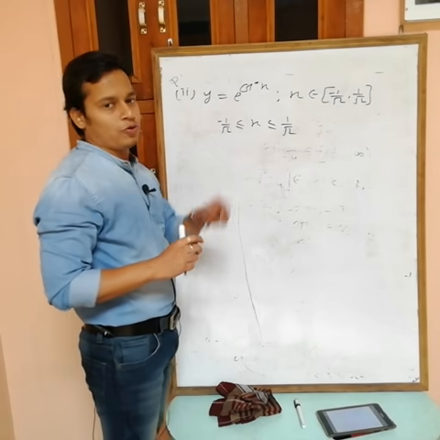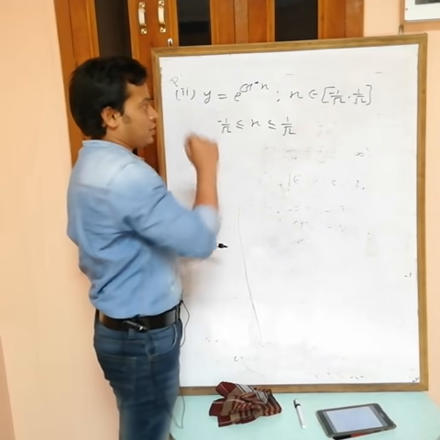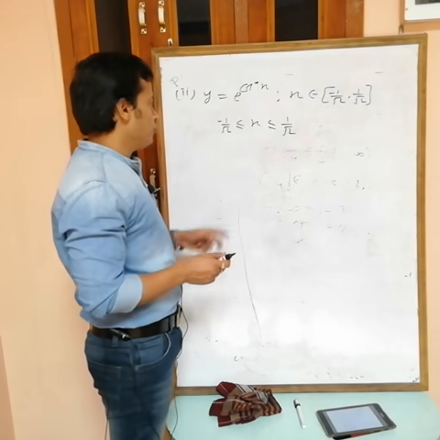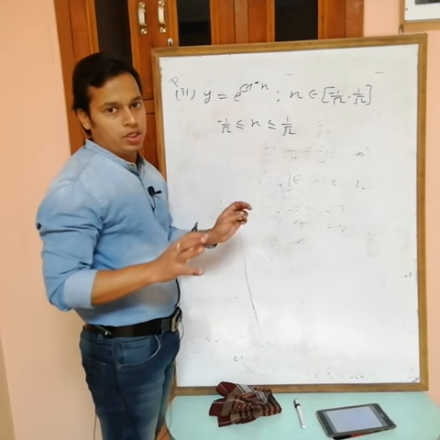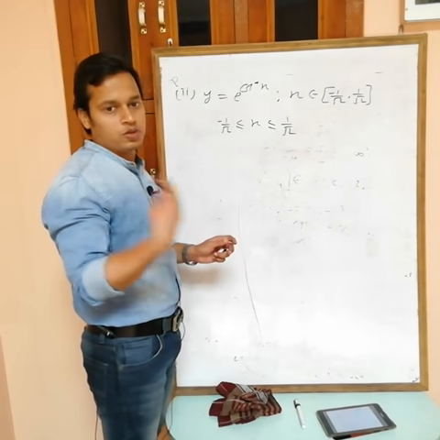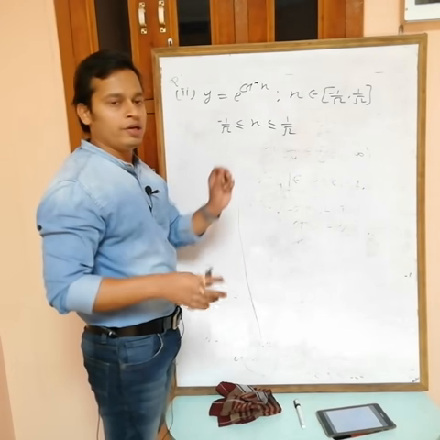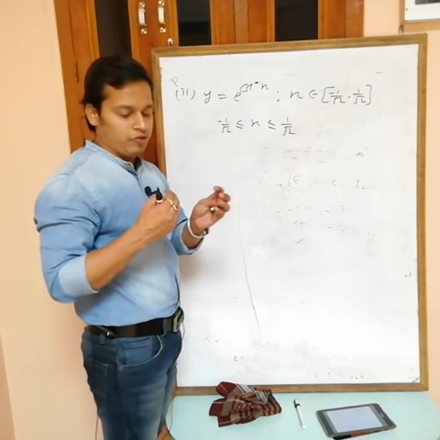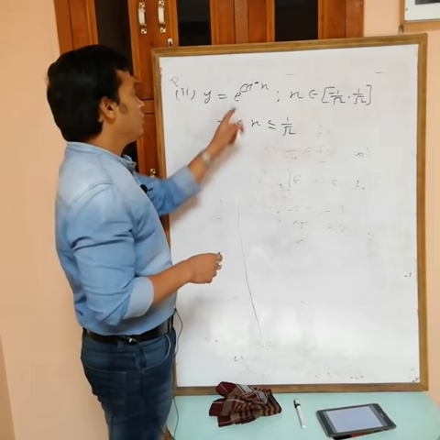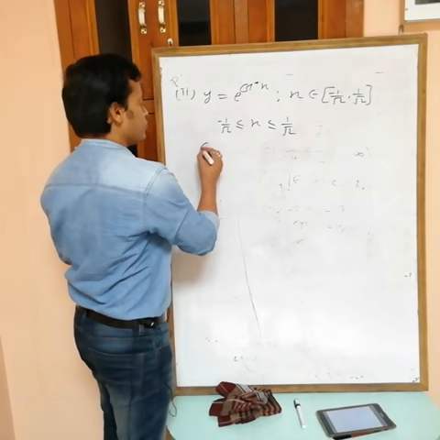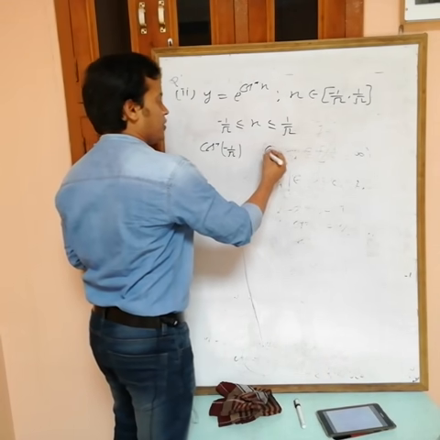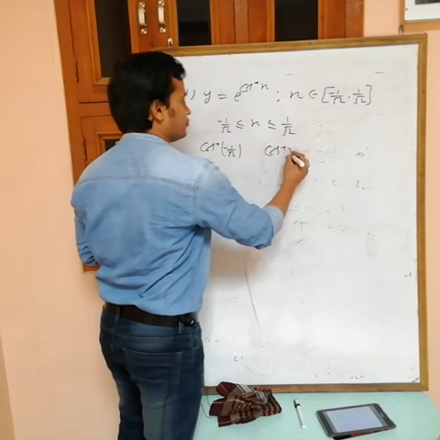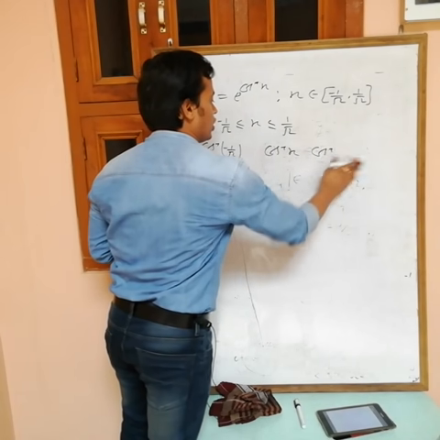What do you want? E power cos inverse. So here I have x, then I have to take cos inverse, but one minute, check that cos inverse is defined for these values. Cos inverse is defined for minus 1 to plus 1, and this interval lies in between minus 1 and plus 1. Then take cos inverse. What are we getting? Cos inverse of minus 1 by root 2, and cos inverse of 1 by root 2.